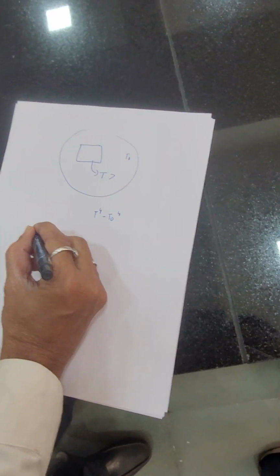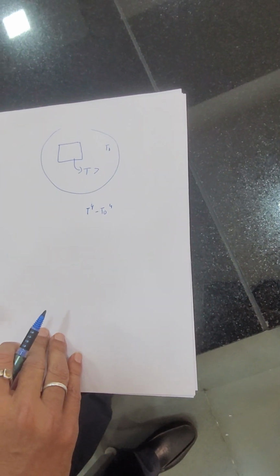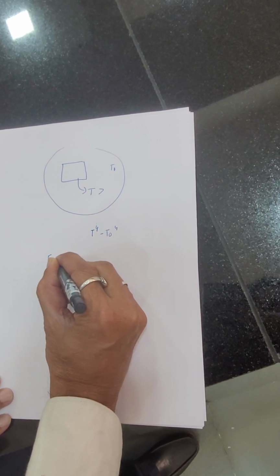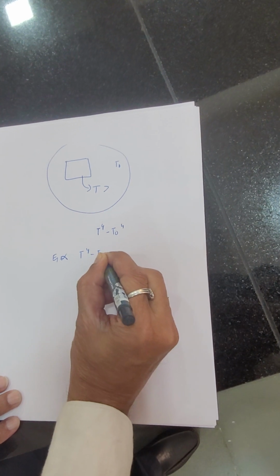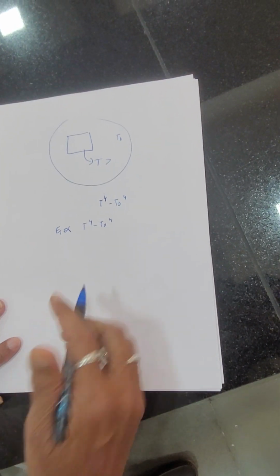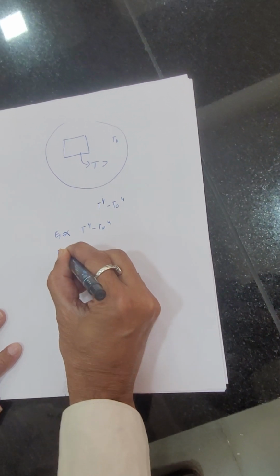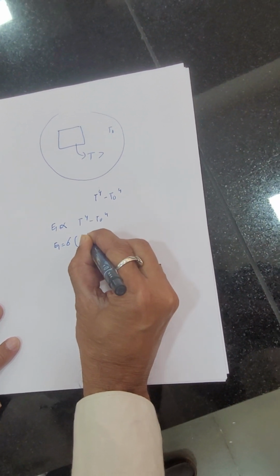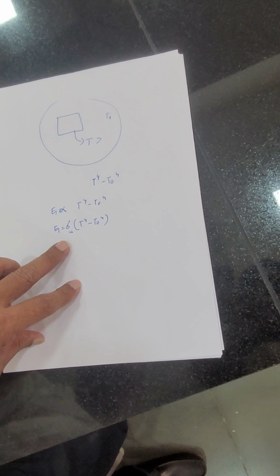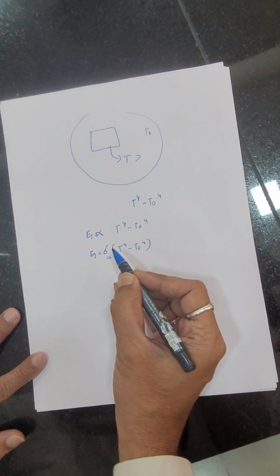I will repeat this. The rate of emission of heat by the hot body to its surrounding per unit time, per unit area is given by E1 proportional to T raised to 4 minus T0 raised to 4. T is the temperature of the hot body and T0 is the temperature of the surrounding, and T is greater than T0. Now let us introduce the constant of proportionality. So we will have E1 equal to sigma into T raised to 4 minus T0 raised to 4. This sigma, which is the constant of proportionality, is called Stefan's constant. Now this E1 is the heat emitted per unit time per unit area.